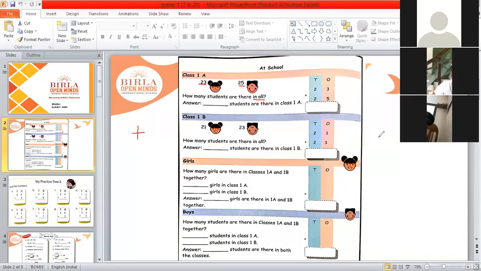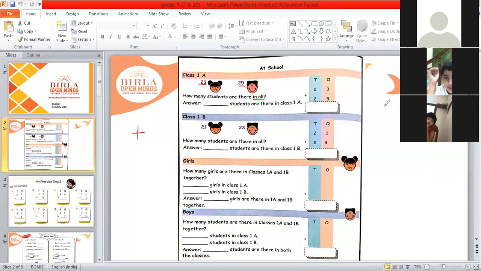Children, please pay attention. Whatever I am saying, listen to it very carefully. You should know how to read the question. Then only you can solve. So you have to read the number in tens place and ones place together. Again, I'm repeating. So this is 23. Then plus symbol is there. 23 plus 25. Okay. Siddharth, read this question and tell me what is that.